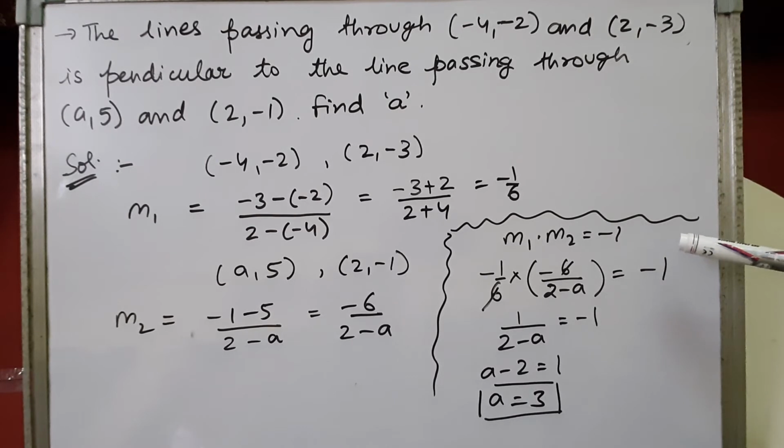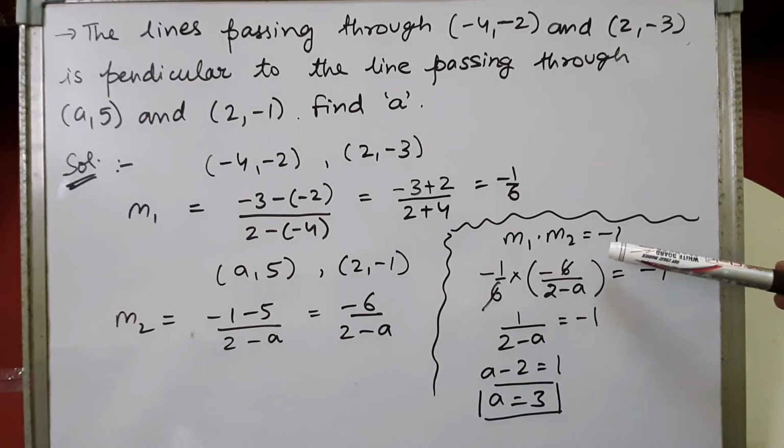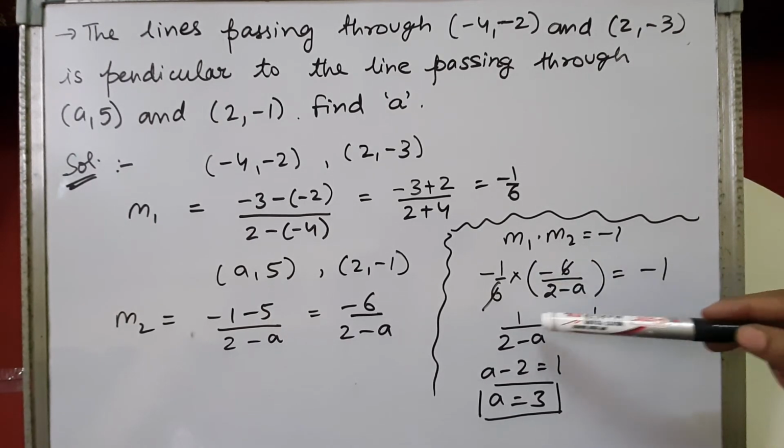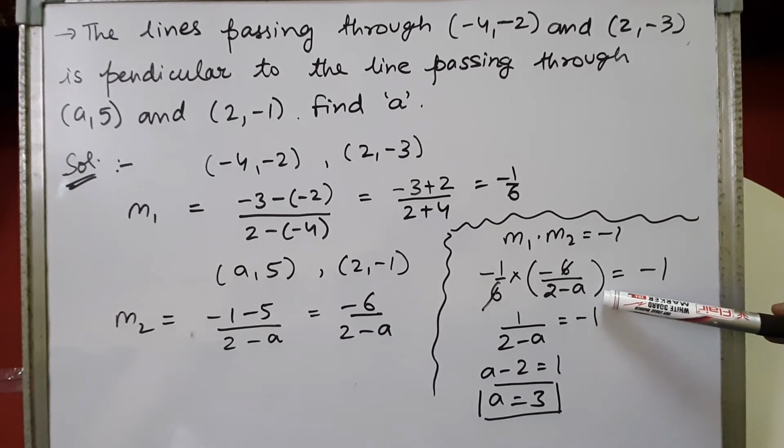And we know that when the lines are perpendicular to each other, the product of their slopes is minus 1. So m1 into m2 equals minus 1, because it is given in the question that the lines are perpendicular. When we put the values of the slopes we have calculated, minus 1 by 6 and minus 6 upon 2 minus A,